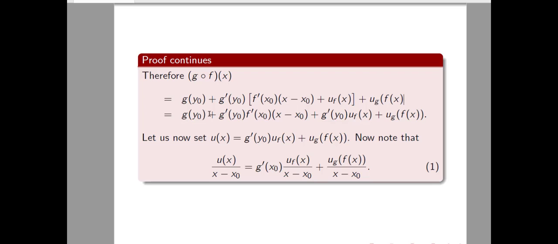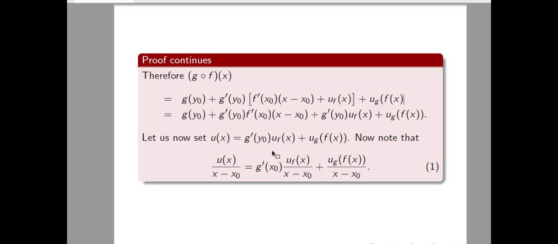We can do some distribution and rearrangement of this to get g of y naught plus g prime of y naught f prime of x naught times x minus x naught plus g prime of y naught u sub f of x plus u sub g of f of x. So let us now set my u of x equal to the last two terms of this expression,